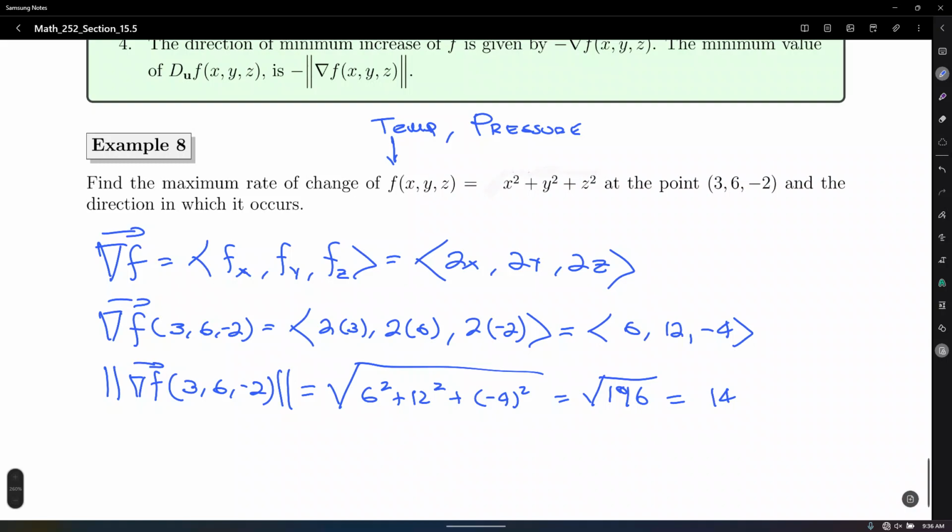Now, in which direction should we go in order to cool down quickly? Negative 6, negative 12, and positive 4. So in the opposite direction, right? So that's how we can visualize gradients and directional derivatives for three variables. All right, so this is the end of